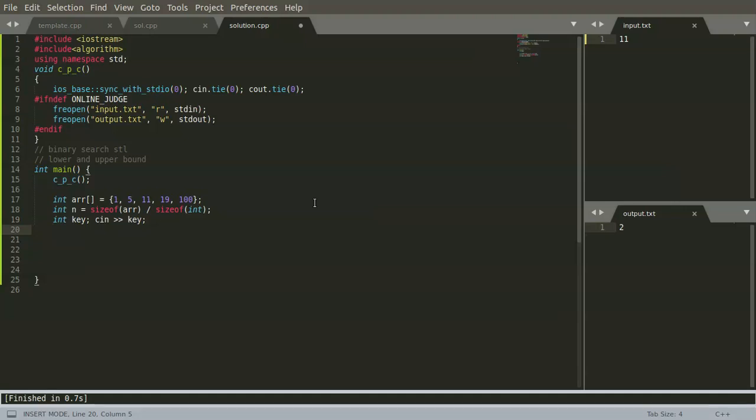So binary search will give us a boolean value, like whether the key is present or absent in our sorted array. Let's take a boolean variable present and call the binary search function by passing the starting address of the array, the ending address of the array, and our key.